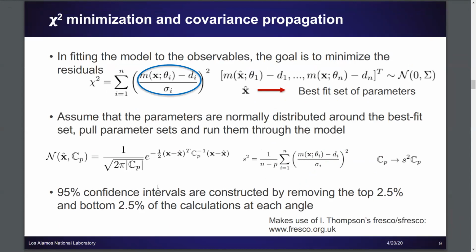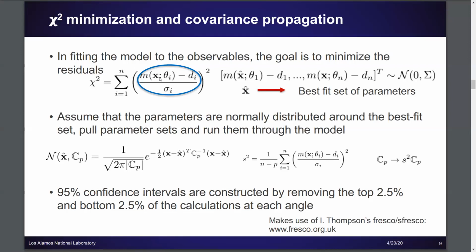And so, as I mentioned in the beginning, there are really 2 types of uncertainty quantification that we've been looking into. The first is the very familiar chi-square minimization and covariance propagation, which I will try to refer to as that, but I might also call it the frequentist method because this has kind of become our nomenclature. And the idea is that you are trying to find a set of best fit parameters that minimizes the chi-square.